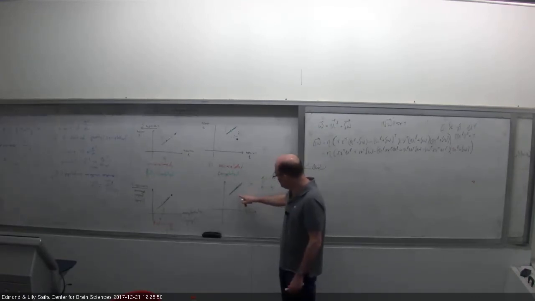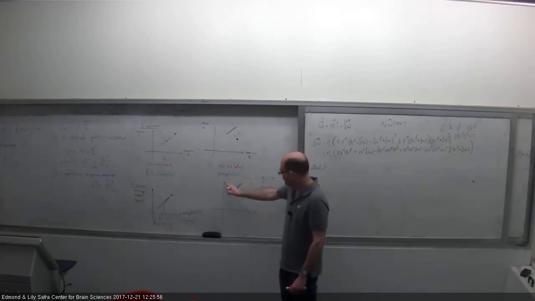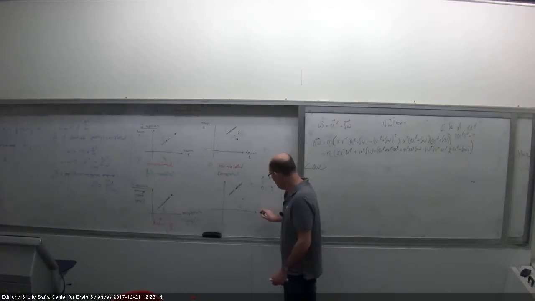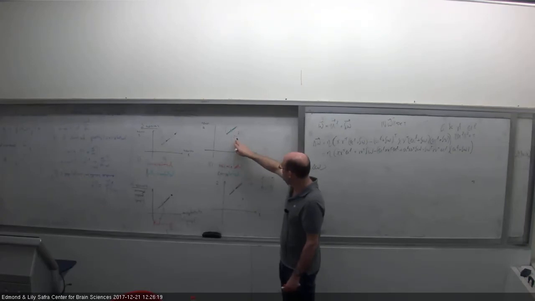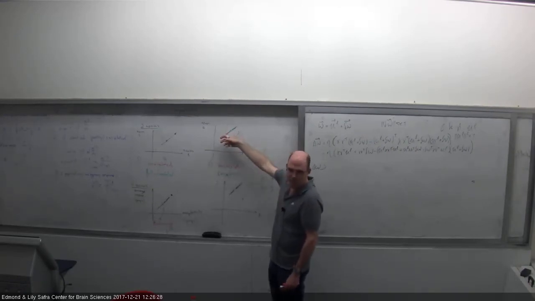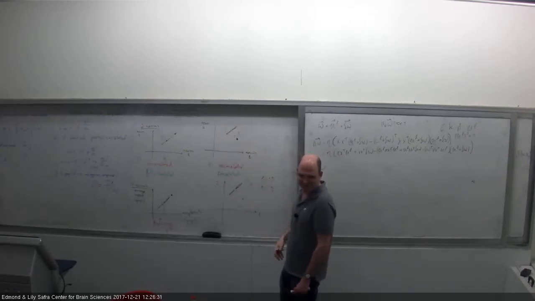So I'm just saying, let's imagine that the mean response for theta 1 and theta 2 lies on the diagonal. It doesn't matter. We could have put it somewhere else. I know that when one neuron increases its response, the other one decreases, and that's why I plotted the point here. And then when one neuron decreases its response, the other one increases. So in other words, the response of neuron 1 for theta 2 minus theta 1 is positive, and the other neuron has the opposite sign. Is that okay? Yeah. Okay.